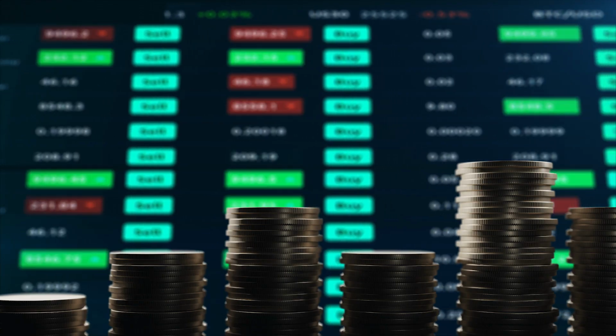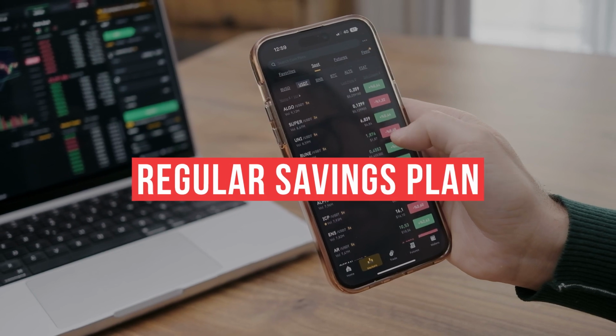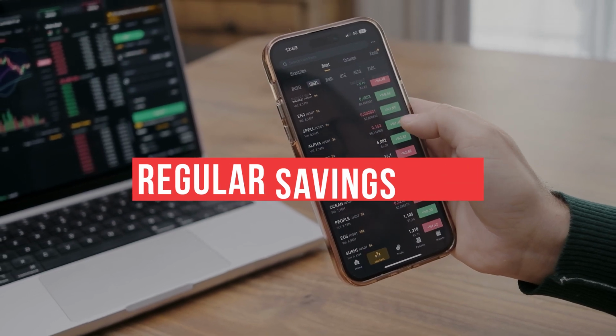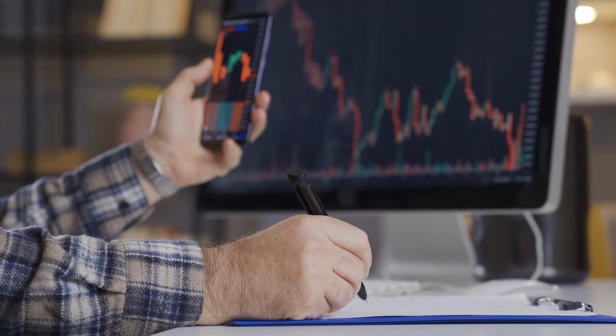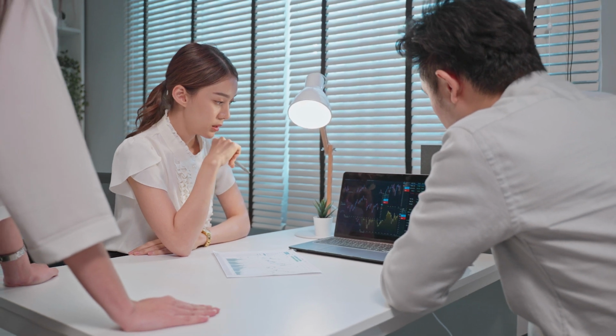Once you have picked the right broker for DCA and funded your account, the platforms usually would have a function to allow for RSP, prompting you to key in the amount of money required for the regular savings plan, the frequency of the purchase, it can be monthly or yearly, and how long to do it for, it can be 12 months, 24 months, up to you.